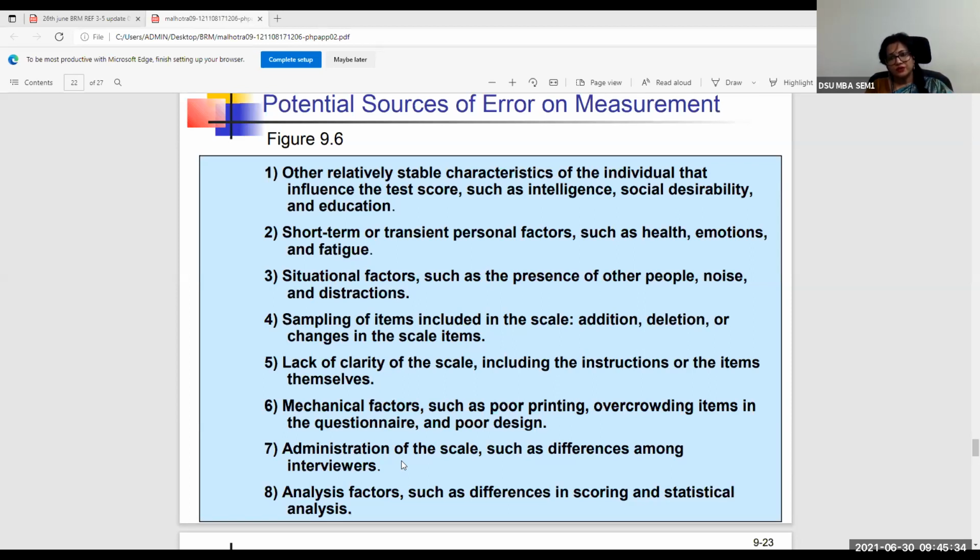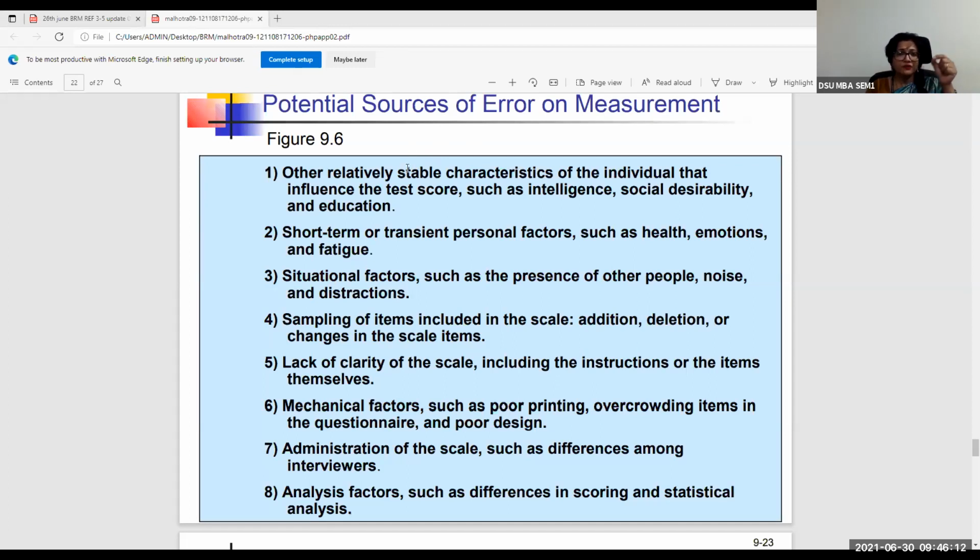So you must ensure that if you're administering a questionnaire, not a schedule, a questionnaire which respondents are expected to answer, don't leave too many areas for doubts and clarifications that the respondent needs to take from the interviewer. Because again, interviewers can be different. Why? Because the researcher who's conducting the research may not necessarily be the interviewer always. One person cannot be in multiple locations at the same time, can they? Right? So you may have to understand and appreciate the fact that a researcher may have to use separate people, separate entities to act as interviewers who will interface with people to get the responses back.